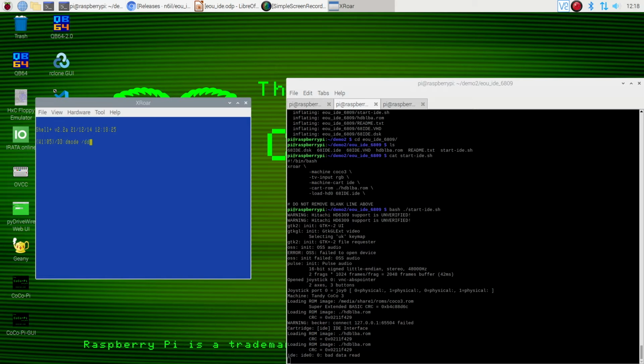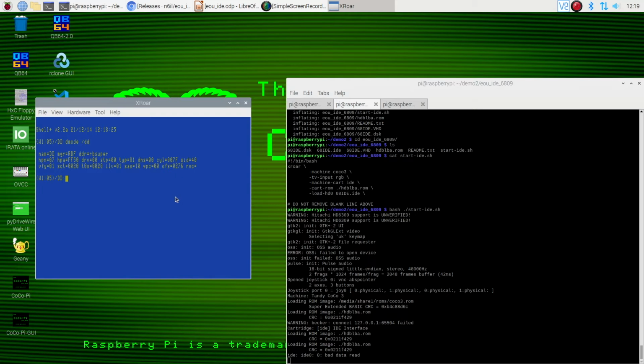I can prove to you that it's actually running off of the hard drive. If I do dmode /dd, then it says FF50 and RB Super. So this pretty much indicates that you're running off of the hard drive image, and the sector offset is also in here, which is important for getting this